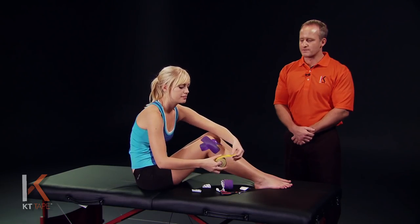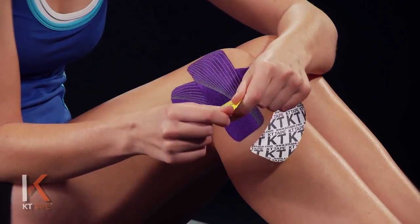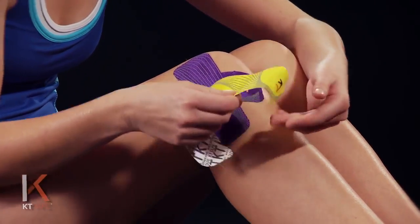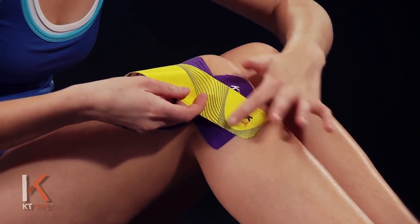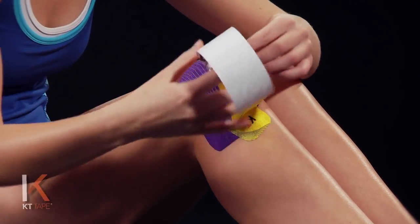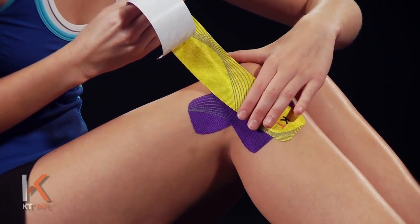Okay, and for our third portion, we're going to twist and tear the paper again, this time down by the logo end of the tape. So we create an anchor. I'm going to place that anchor right between the two pieces, or the X that we created. And we're going to remove that paper backing. With this piece, we're going to go right over that point of pain as we lay that down with about